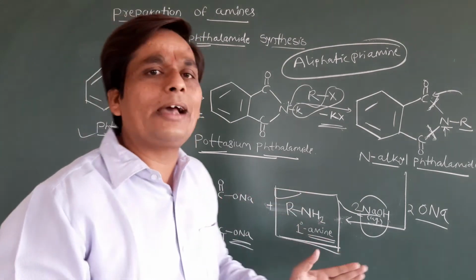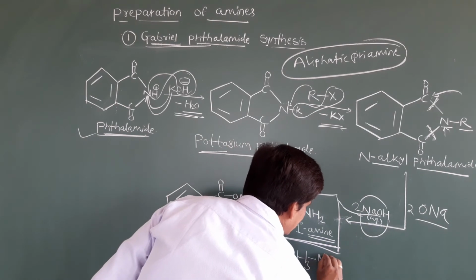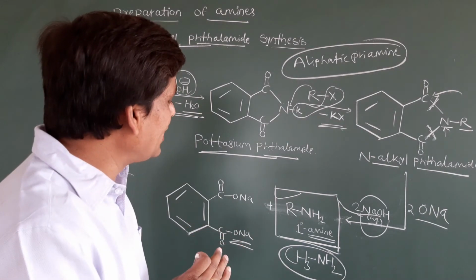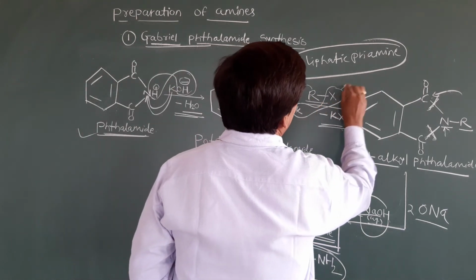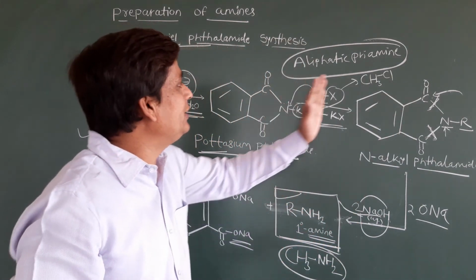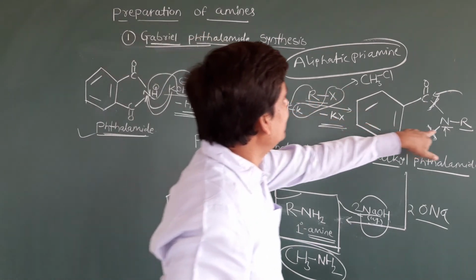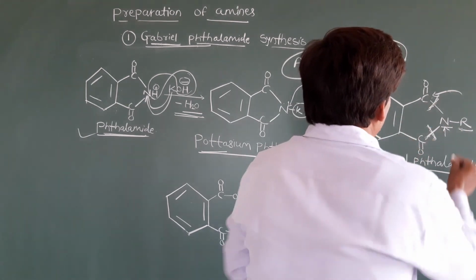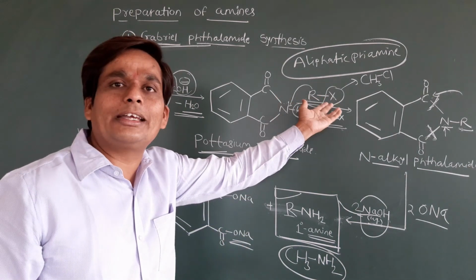So by using the same reaction, if you want to prepare methylamine, CH3NH2, okay, this is methylamine, by using the Gabriel phthalimide process, how can we do this reaction? Very simple students. The remaining process will be the same. Instead of this RX, here we can take CH3Cl or CH3Br. Any alkyl group or any halogen can be taken. Then instead of this R, CH3 will be there. Here also CH3 is there, then the bond breaks, hydrolysis takes place, then CH3NH2. You get what? Methylamine. If you want to prepare ethylamine, you just take ethyl chloride.